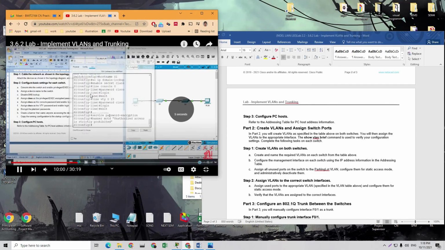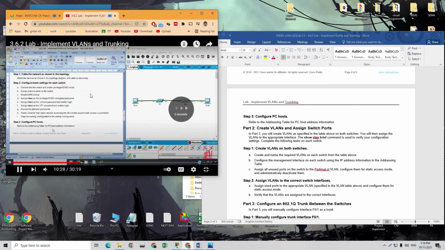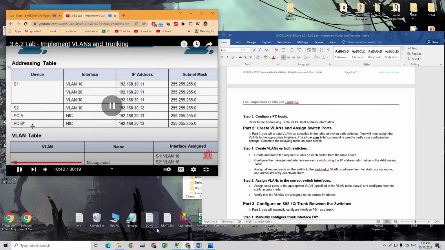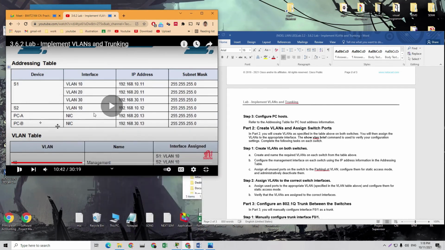Then to the startup configuration. Run to CLI here. We will exit and then we will give a copy running config startup config for PC. Here we can see PC-A IP address. Also, we can see PC-B IP address, and its subnet mask. So coming to